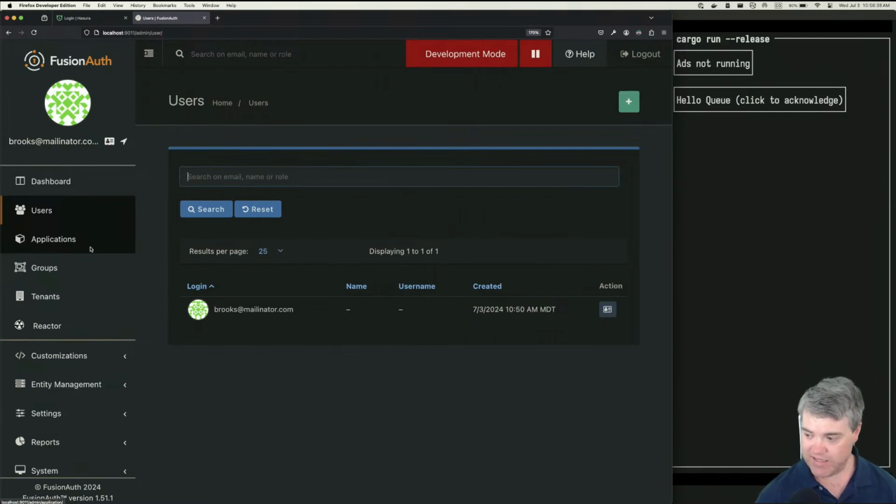Do I want to do that? If I do a new test application, I think that I probably would. I probably would want to create whatever applications FusionAuth is being used for. And